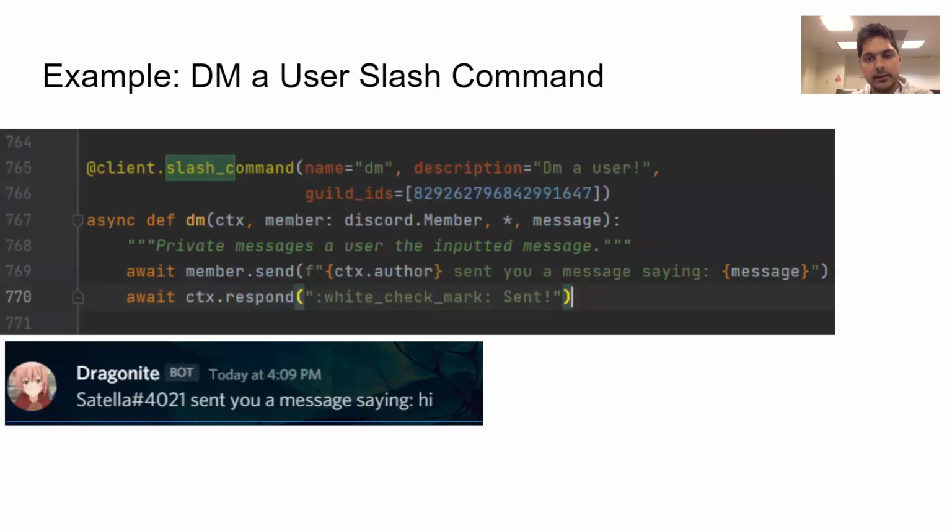There's also another example, where I DM the user. You basically send a message to a user, the bot sends that person a DM, and that's what this is doing right here.